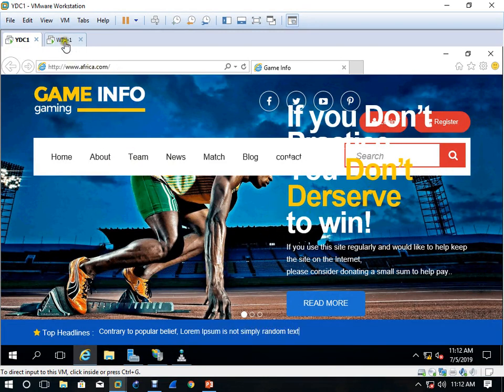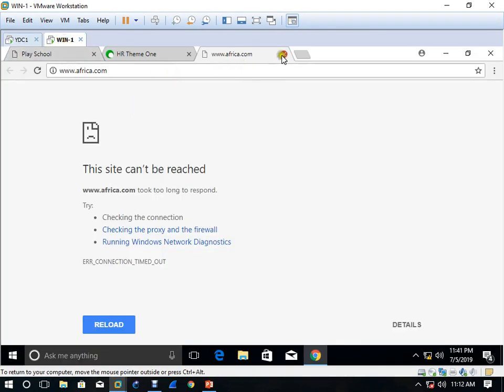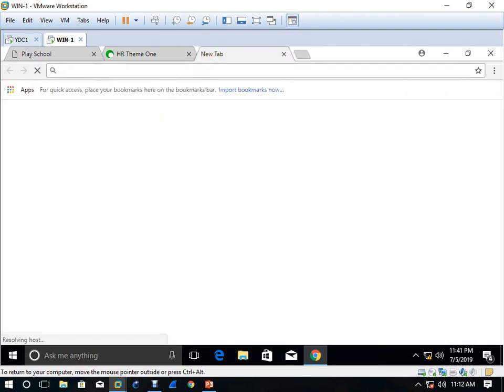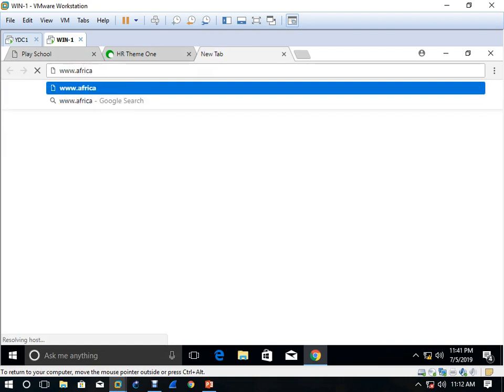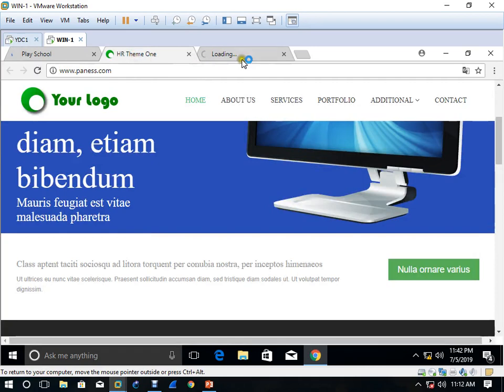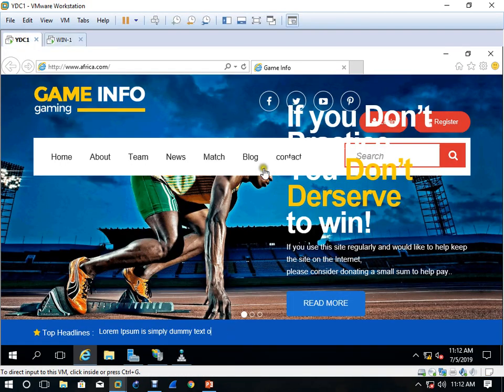Now you can play whatever. Yes, why is this not working? Okay, so this is the process of how you deploy multiple websites through one server.